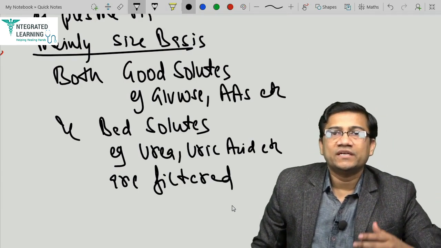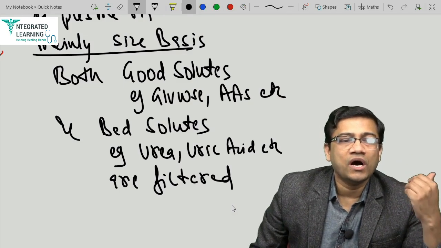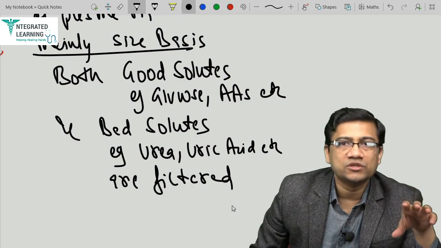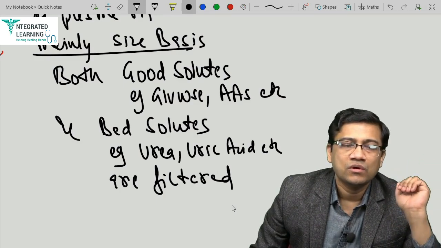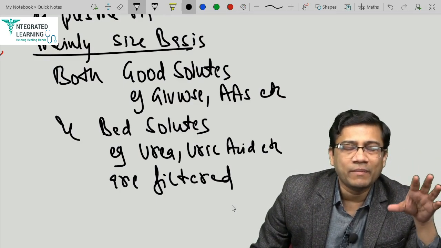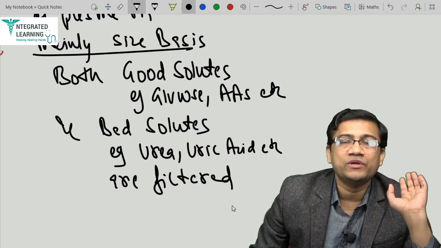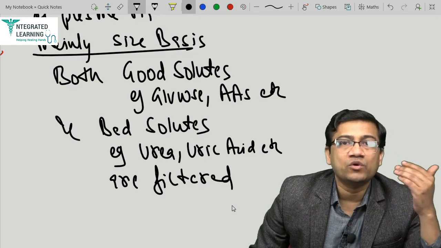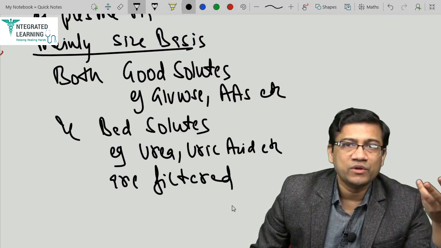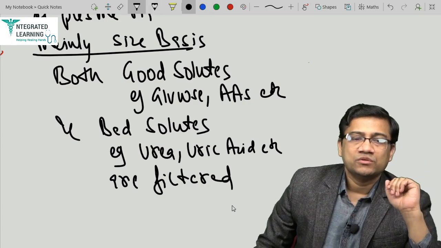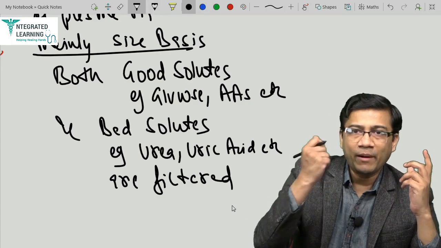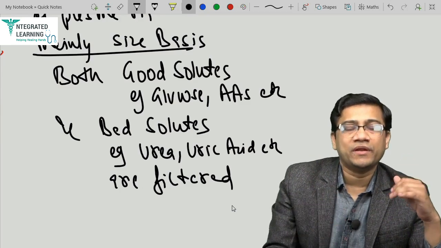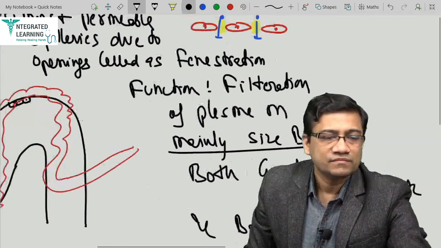It does not discriminate. It will lead to a filtration and loss of every possible substance, good things also and bad things also. So if you are filtering bad things, they will be out of plasma in the urine, so that is one very good advantageous thing. But if you are filtering good things like glucose, it will be lost in urine, and that is a loss to the body. So that is why, to compensate, we have wrapped glomerular capillary for filtration and we have wrapped peritubular capillary for this particular function.